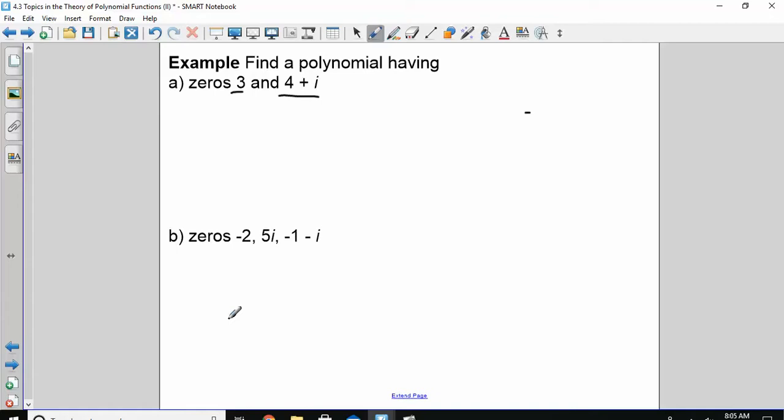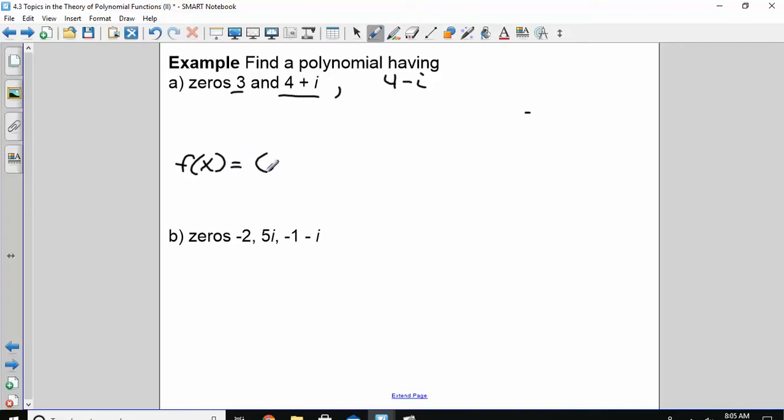I just gave you 2 zeros. But if 4 plus i is a 0, based on that theorem you just wrote down, what else has to be a 0? Okay. So there's really 3 zeros here. So it's degree 3. We're going to write the polynomial,